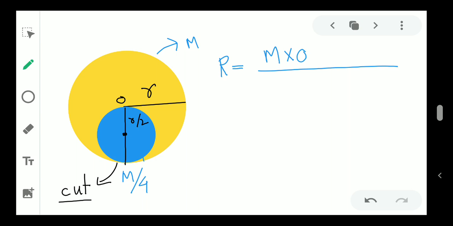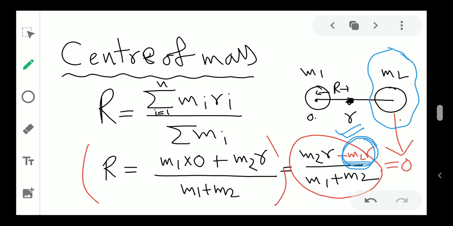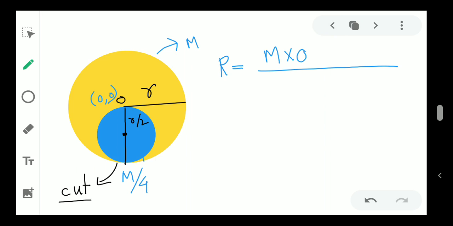Why 0? Because O is the initial position, the 0 comma 0 position, just like the system which I showed you here. Because m1 we had taken at 0. So here also it is m into 0, because the center of mass of this whole disk is at 0, plus,